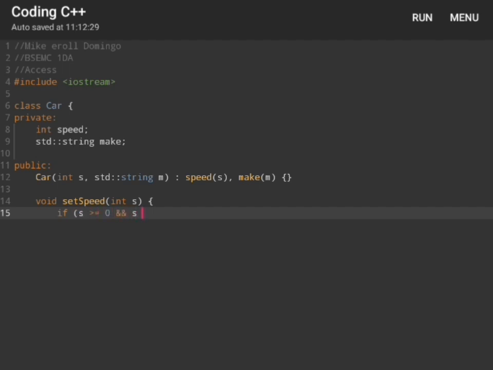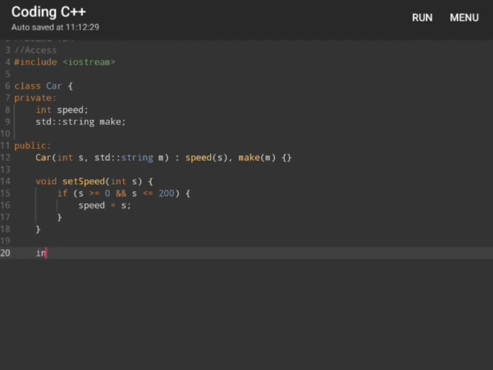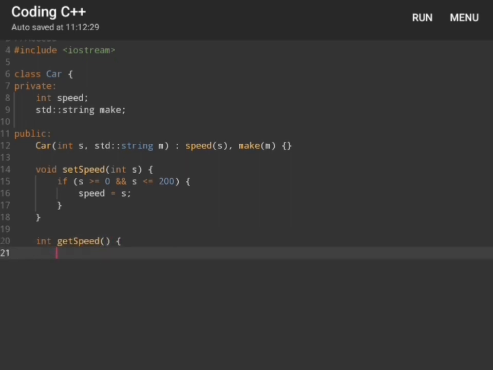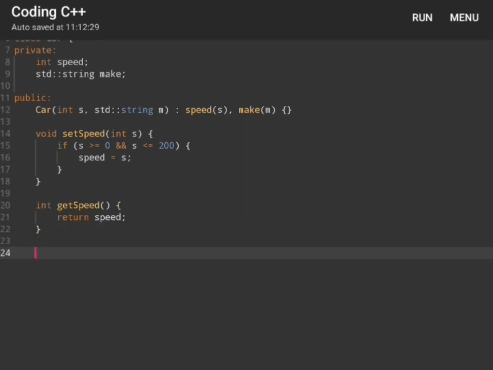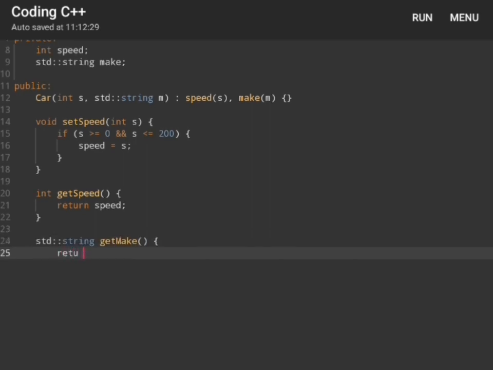To check if speed is within valid range, let's encode this if statement. Then speed = s, it is the speed set speed, curly bracket. And for the public member function to get speed, int getSpeed(), and to return speed. And for the public member function to get make, std::string getMake(), curly bracket, and